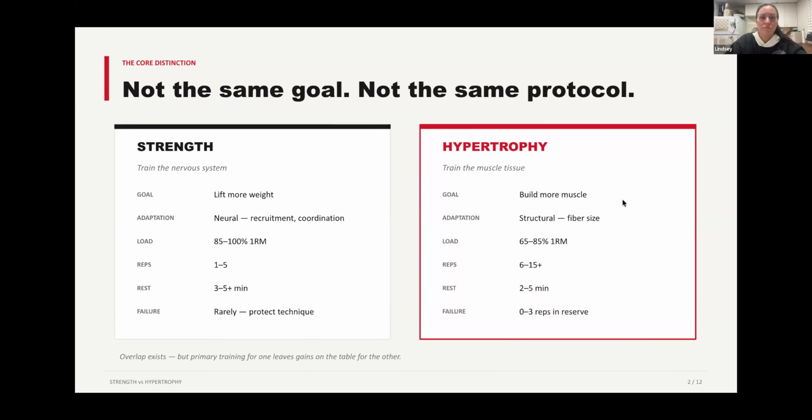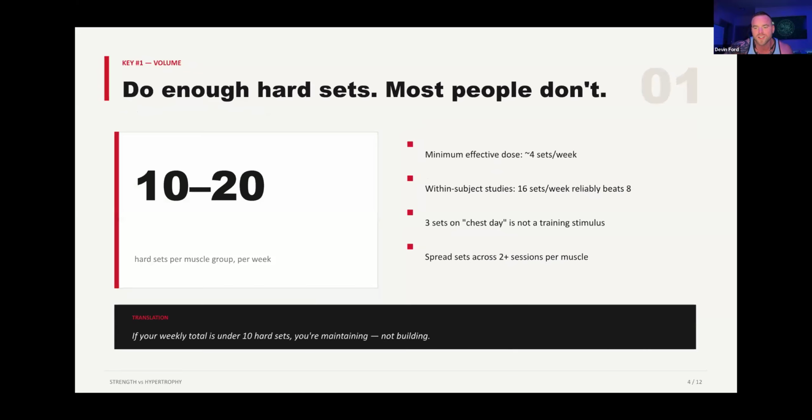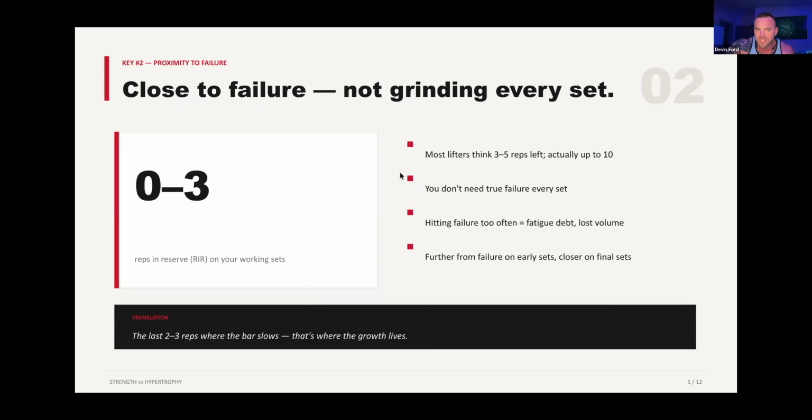The reason for that is because you just go to failure, you're going to figure it out. Okay. So how close you are to failure is the key for hypertrophy. Now, you don't have to actually go to failure, but if we look at the research on this, it's just as bad as the research on calorie tracking.